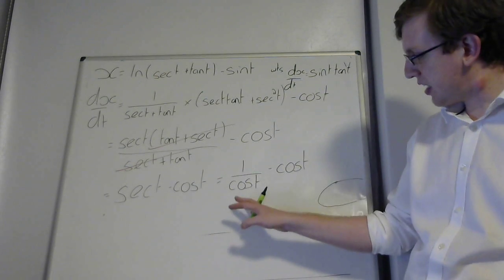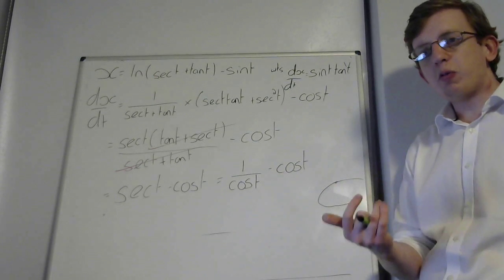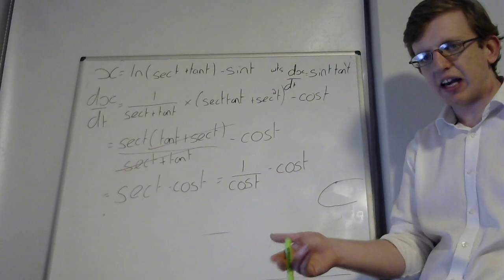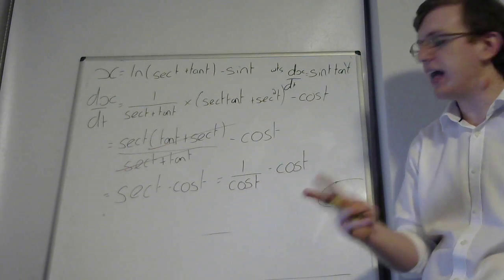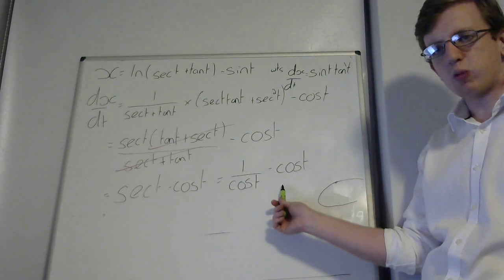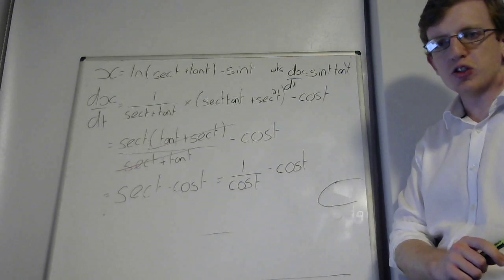I've got a fraction here, and I've got something that isn't a fraction. Quite often when we see that, if we've got a fraction added to or taken away from something else, we want to combine it and make it one fraction. So let's do that here. How can we do that? Let's make this denominator cos t as well. So we're going to multiply top and bottom by cos t, and that's going to give us cos squared t